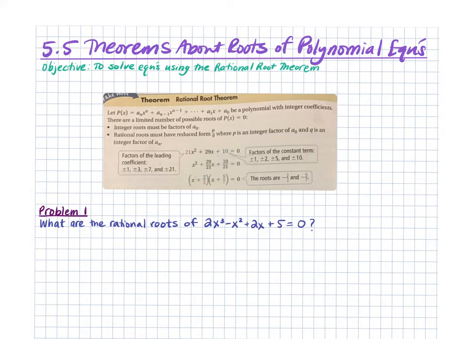Okay, this is the Algebra 2 video lesson for section 5.5, Theorems about roots of polynomial equations. So we're going to solve equations using the rational root theorem,